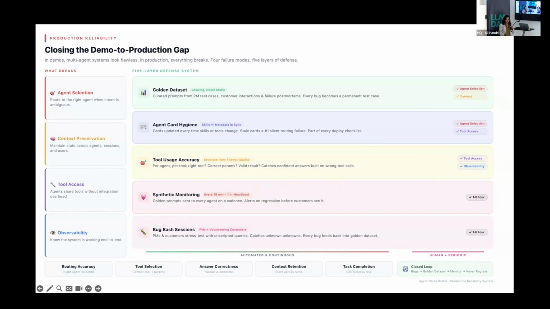You have product managers, volunteer users, volunteer customers use the product and create it. And this golden data set is something that's alive. It's not fixed in time. So every 2 weeks, there should be bug bashes and human in the loop interactions. And this data set keeps increasing. And against this data set, you can constantly compute metrics and compute how your agent is doing.